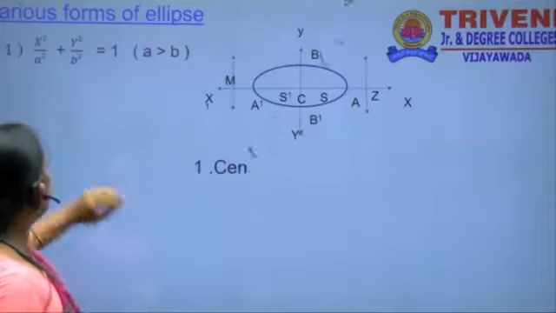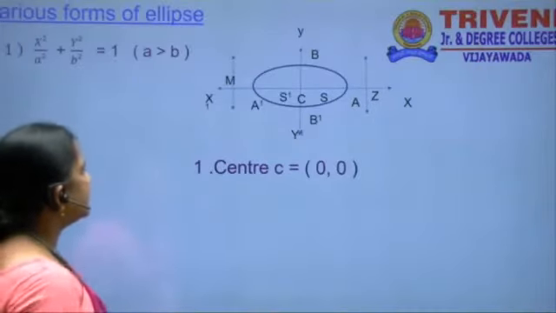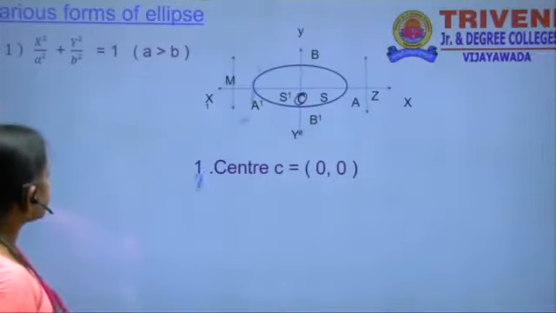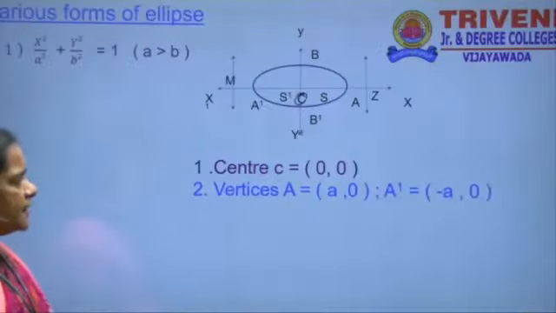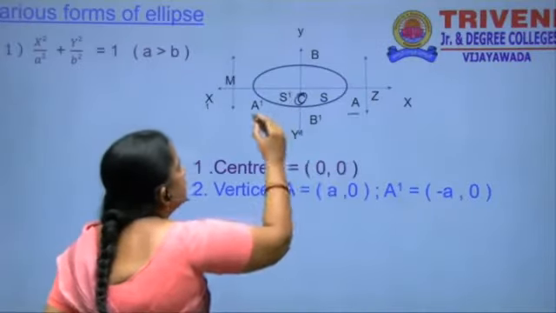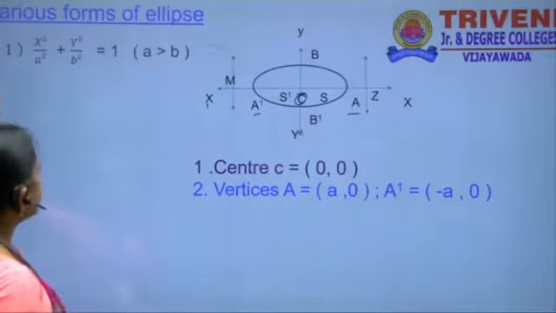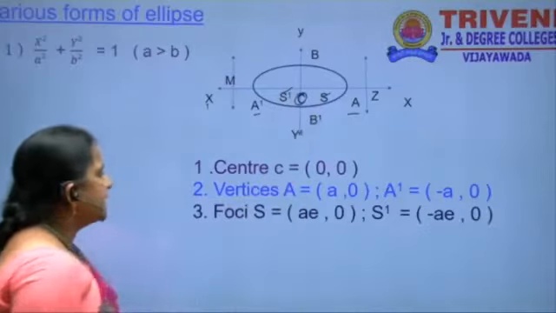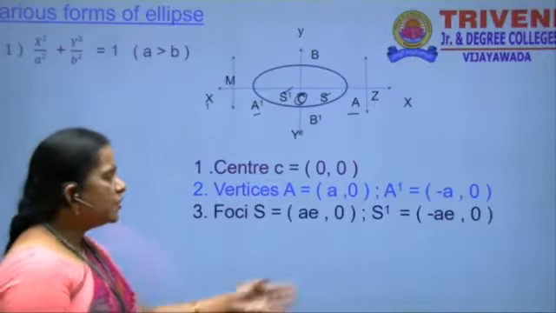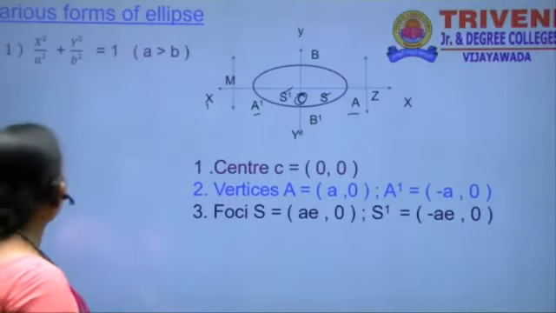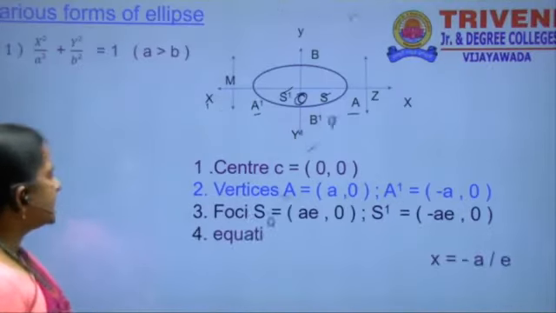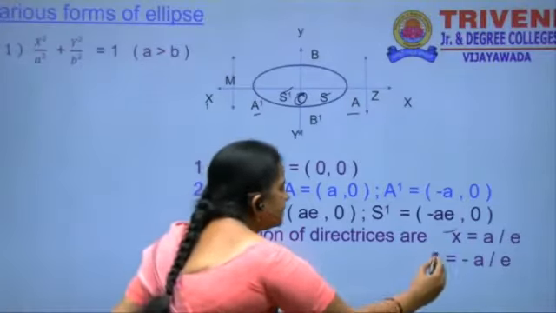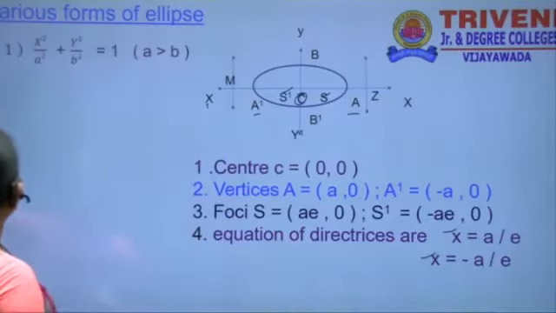x square by a square plus y square by b square is equal to 1. Here the center is 0 comma 0 and vertices are a comma 0 and minus a comma 0, and next one is foci S and S dash. S is taken as AE comma 0, S dash is minus AE comma 0, and next one is the equation of the directrices: x is equal to a by e and x is equal to minus a by e, and then